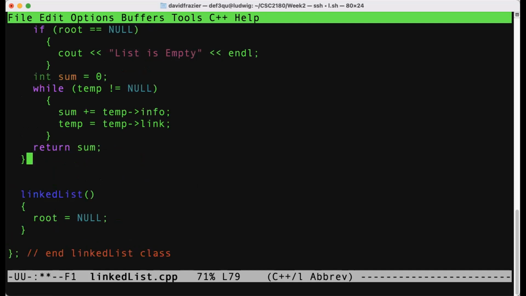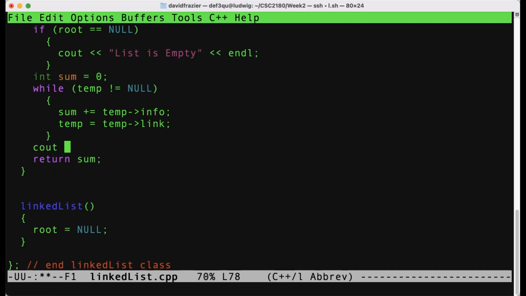As a debugging technique, you can always add a print statement in here. So I could do something like cout. I like to add something so I'll know to get rid of it, just some random character string, like 3 octothorpes, and then sum. Just to see what's happening. Okay. So when I call it,